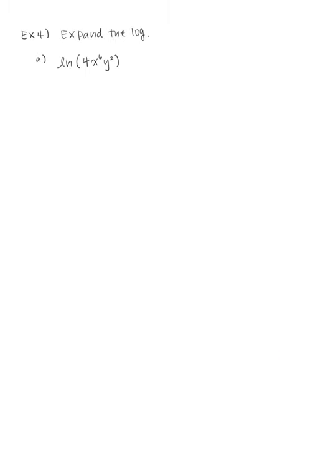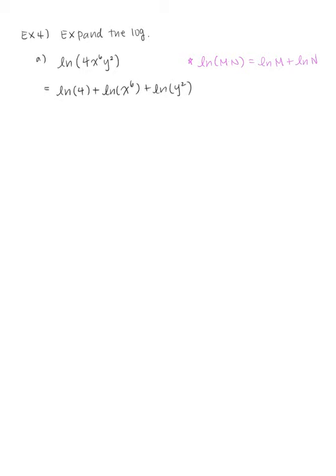Alright, example 4, expand the log. So let's take a look at something like ln of 4 times x to the 6 times y squared. You ready to do this? So again, I'm going to write down all the properties that we're going to be using. So ln of m times n, this is the same thing as ln of m plus the ln of n. Alright, so let me just first apply that. So here you're going to have ln of 4 plus ln of x to the 6 plus ln of y